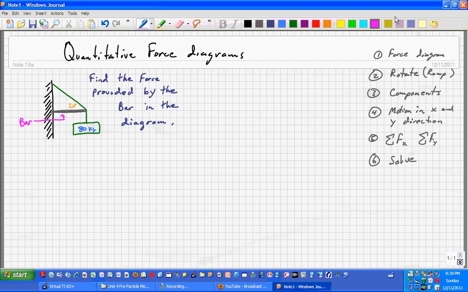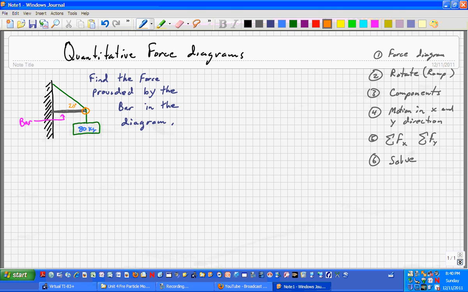In this example, we want to find the force that this bar provides. This problem is a little unique because the object that we have, this 80 kilogram object, is not in contact with the bar. So we can't necessarily find the forces on the object in order to find the force that the bar provides. Neat, slick trick, a way of doing this is to consider this point right here,